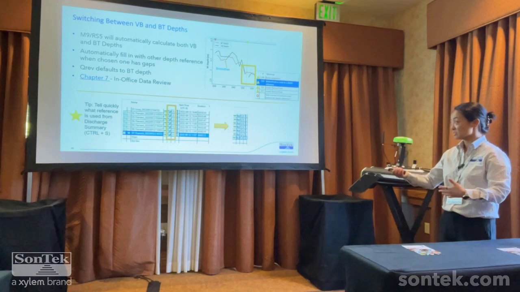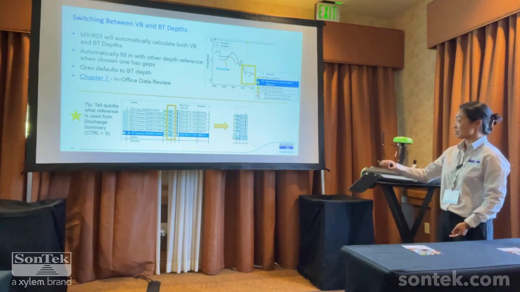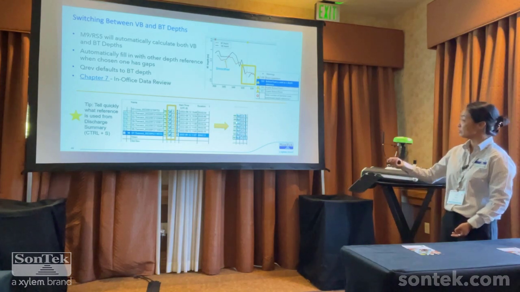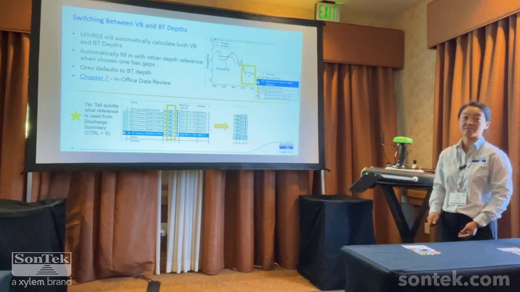And then in post-processing you can change that, or in real time you can change that, and this is an example of what the icons will change to if, for example, you change to GGA instead of bottom track, and then the skew beams or bottom track beams for your depth reference compared to the vertical beam. So